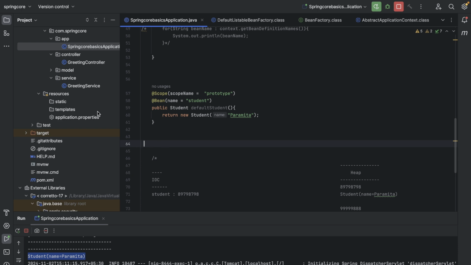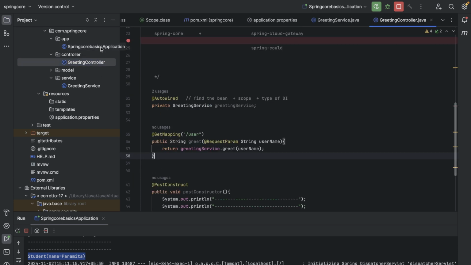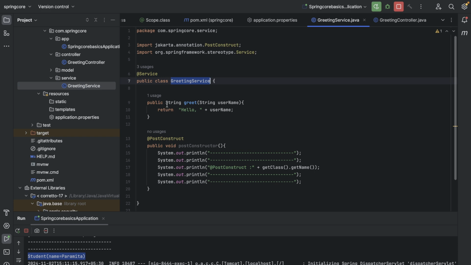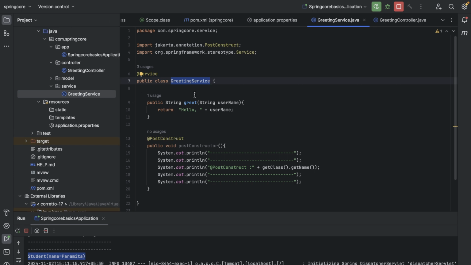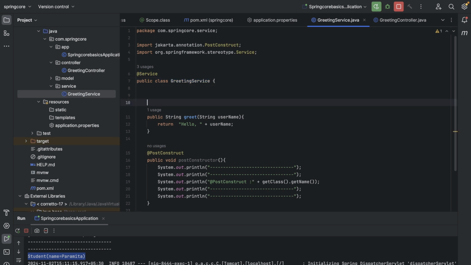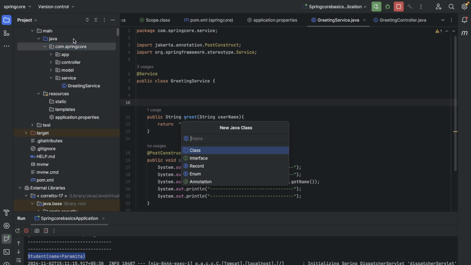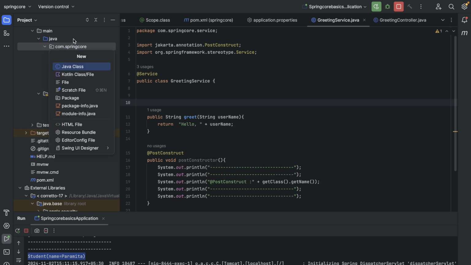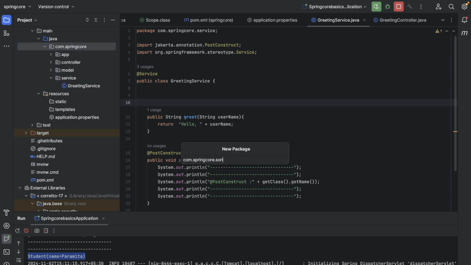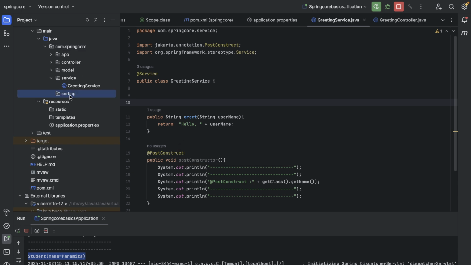But what will happen if there is already one bean, a bean of greeting service? So let's do one thing. Let's say that the greeting service uses some sorting logic. Now I will show you how things usually happen in a production environment. There will be a package, and let's say the sorting will be the package. Inside the sorting there will be a package of API, and then another package